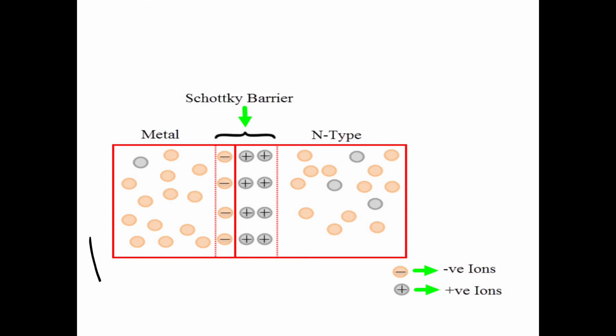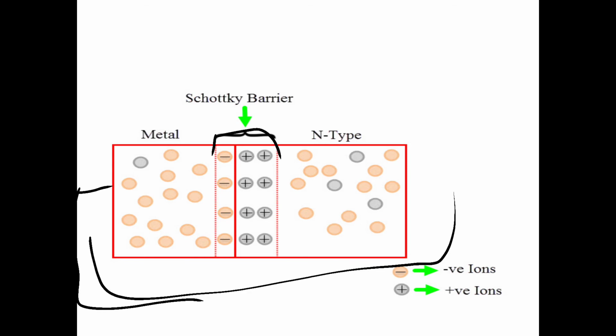So you can see this is the diagram for the working of the Schottky diode. This is the Schottky barrier which is created between the metal and the semiconductor. If we are applying forward biasing, then the energy gained by the electrons on the n side will be greater, so they will cross the junction very easily.